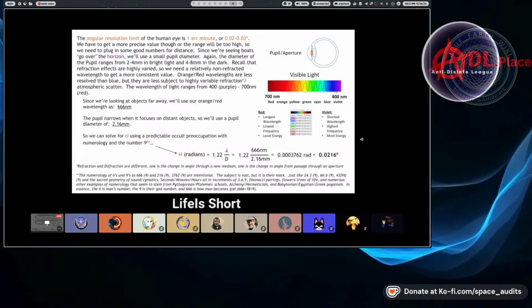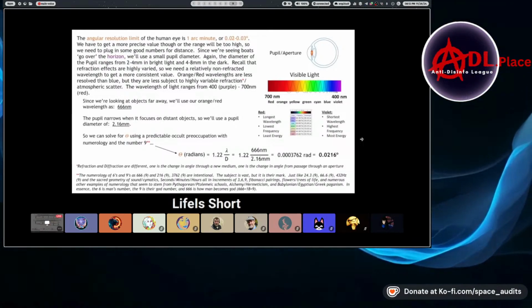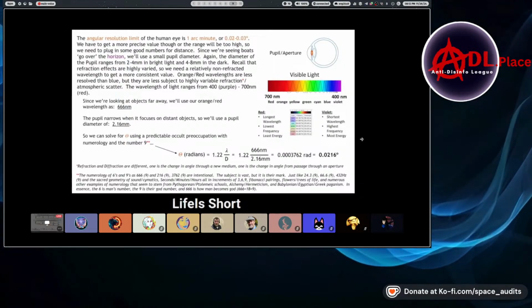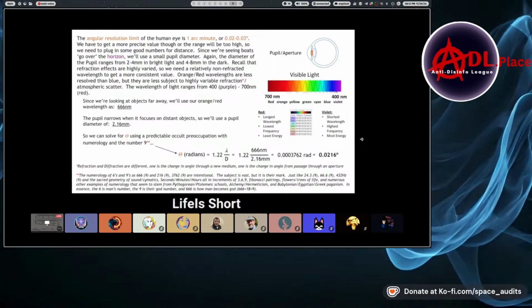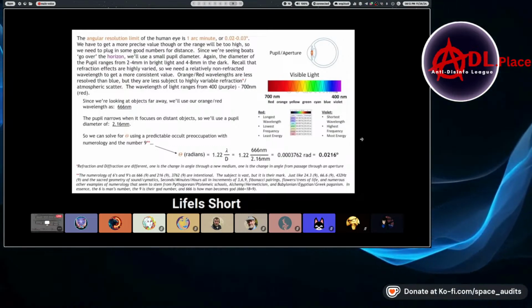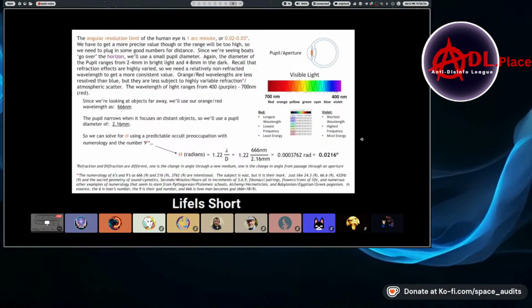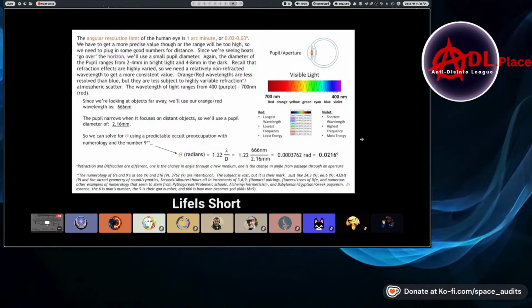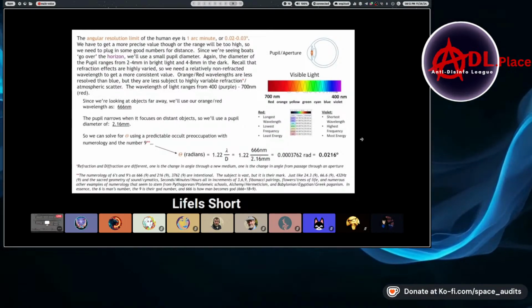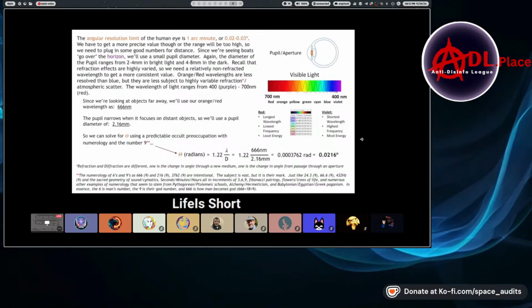Recall that refraction and diffraction are different. One is the change in angle through a new medium. One is the change in angle from passage through an aperture. So the wavelength of light ranges from 400 nanometers of the purple range to 700 nanometers of red. We want to use the more orange-red, later wavelengths. Since we're looking at objects far away, we'll use an orange-red wavelength of 666 nanometers. The pupil narrows when it focuses on distant objects, like we said, so we'll use a pupil diameter of a very low